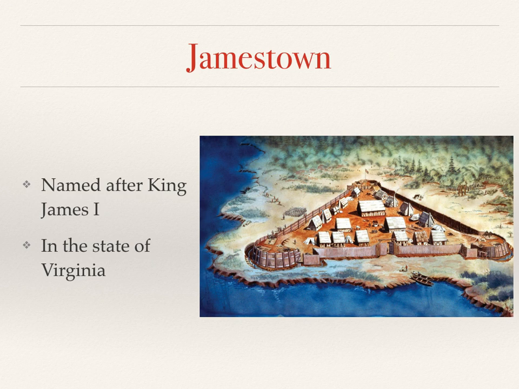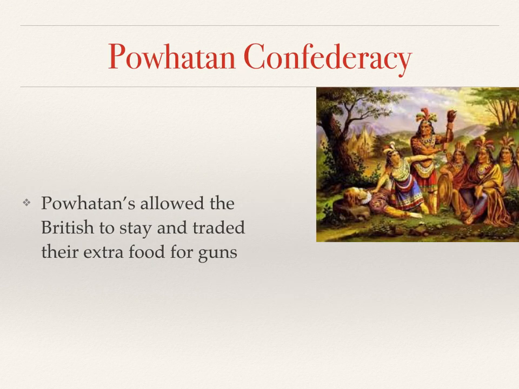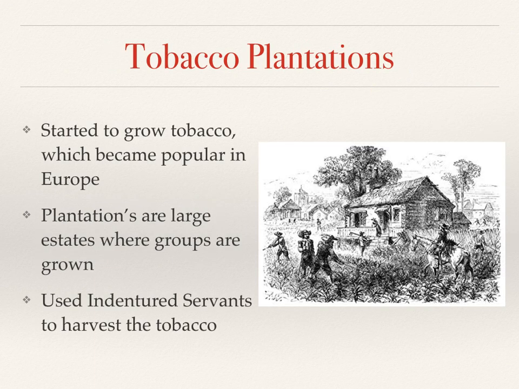This settlement, Jamestown, would eventually be in the state of Virginia. The land was inhabited by native people known as the Powhatan Confederacy. They allowed the English to stay as they could trade their extra food for guns, which Native Americans didn't have at the time. The English had hoped to find gold, and the colonists barely survived the first couple of years,